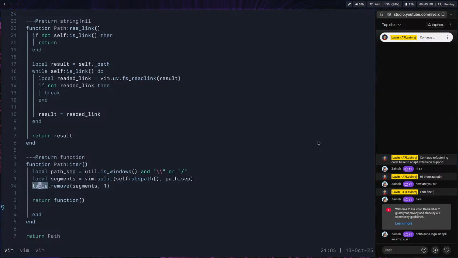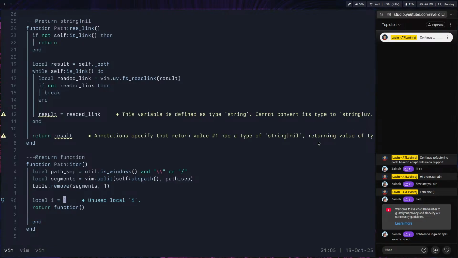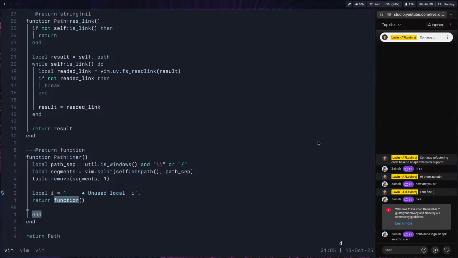let's see, local index, I guess, or maybe just i with 1 and i plus 1, i plus plus, like that. So we increment the value like that, and